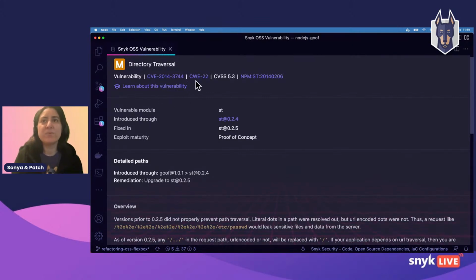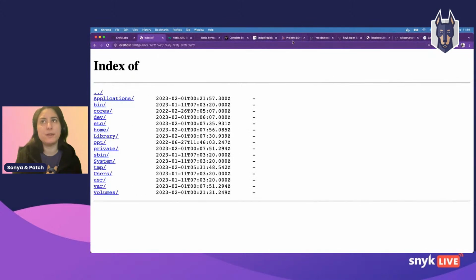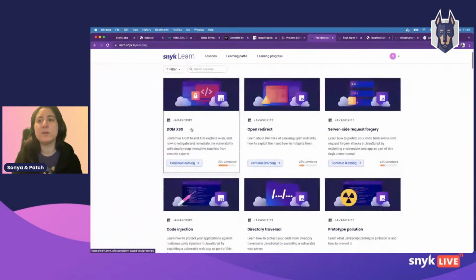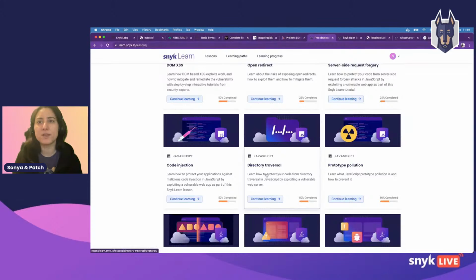Cool. So at the top, you have a little bit more info on directory traversal, all the CVEs, info around that. You also have a link to learn about this vulnerability. So if you click on this, you'll be redirected to the Snyk Learn platform, which is a free platform where you can learn more about all of these vulnerabilities. And we do have one on directory traversal, which is cool.